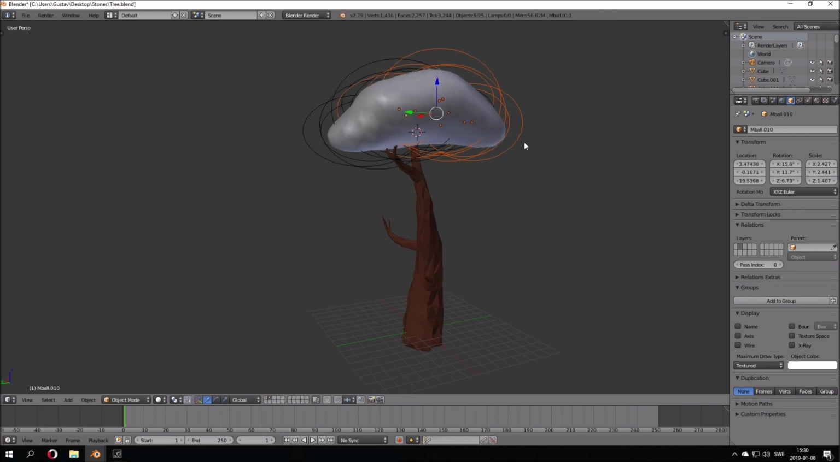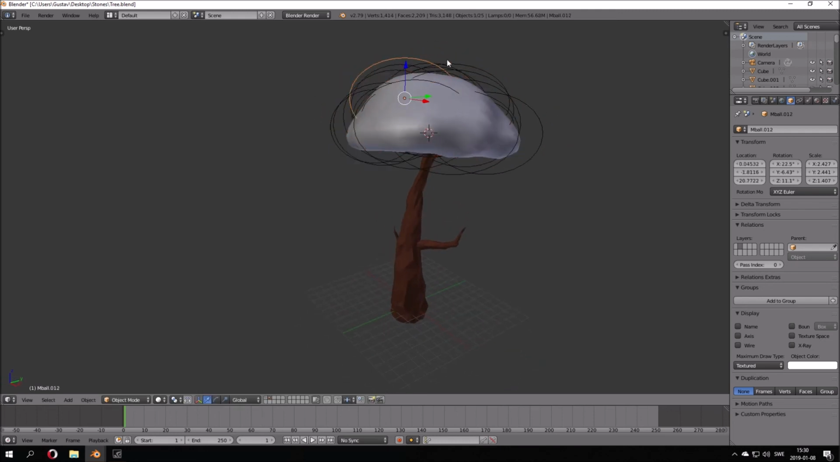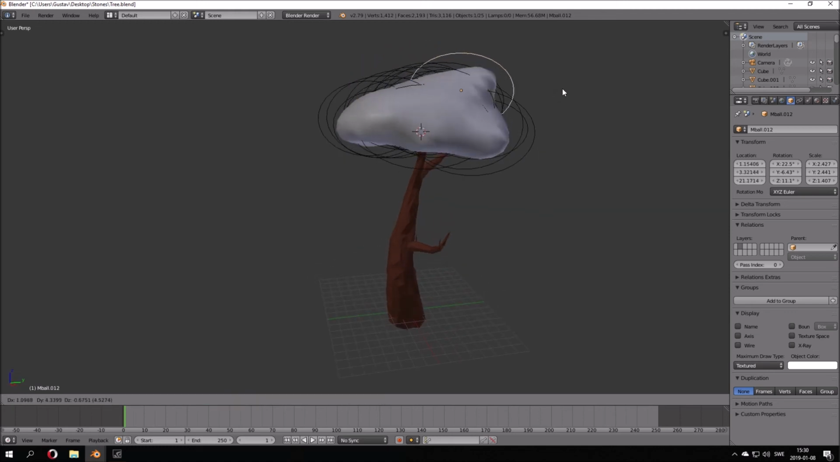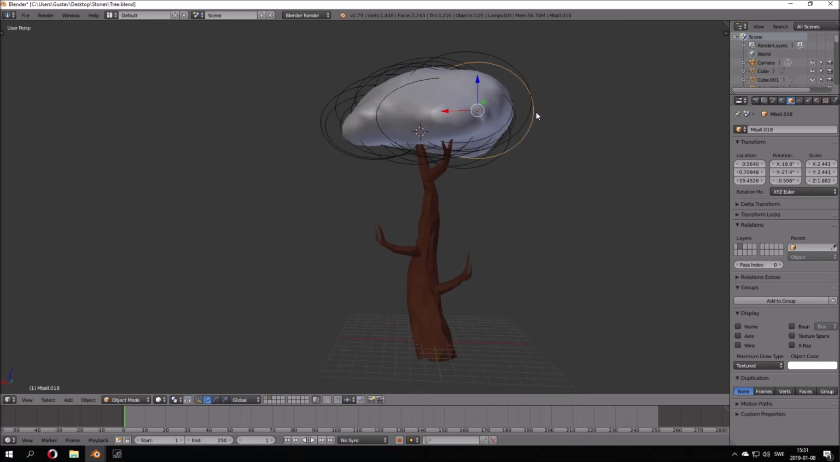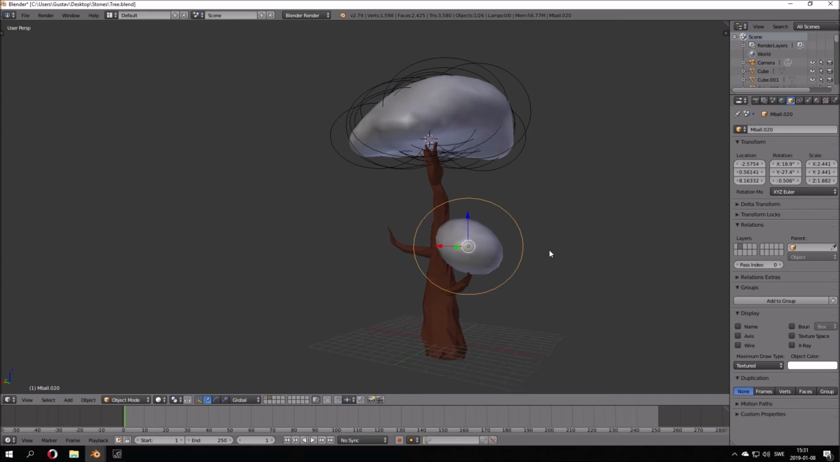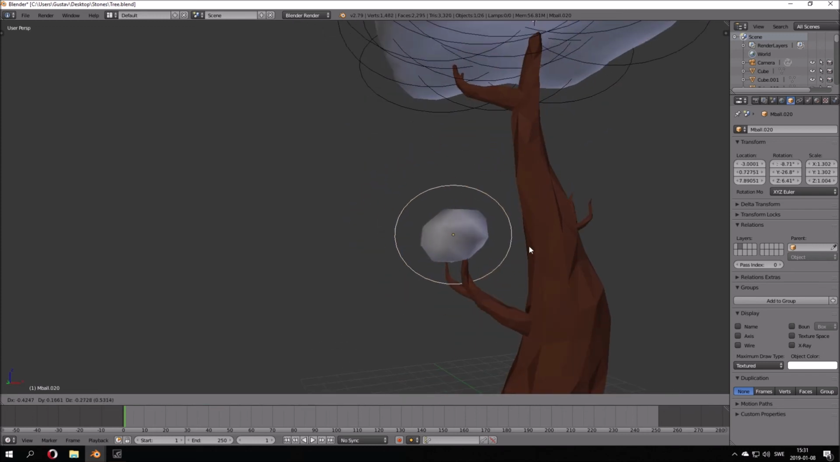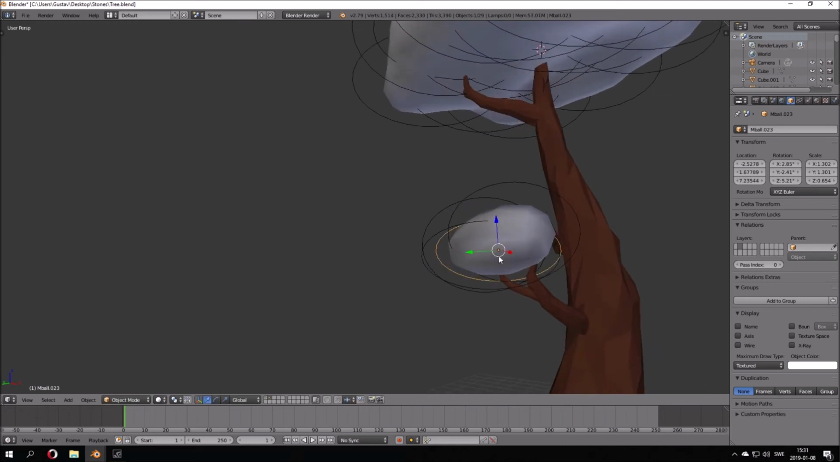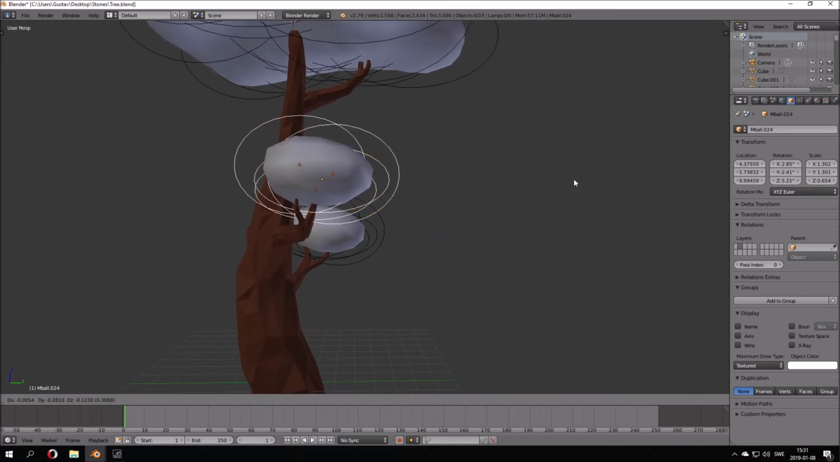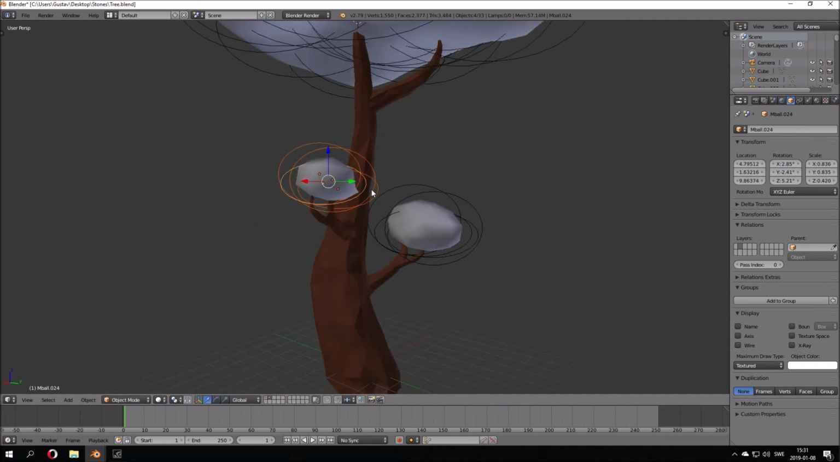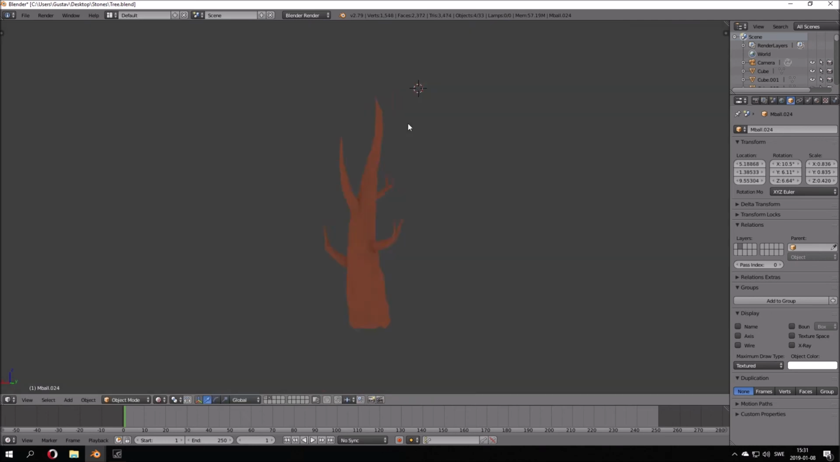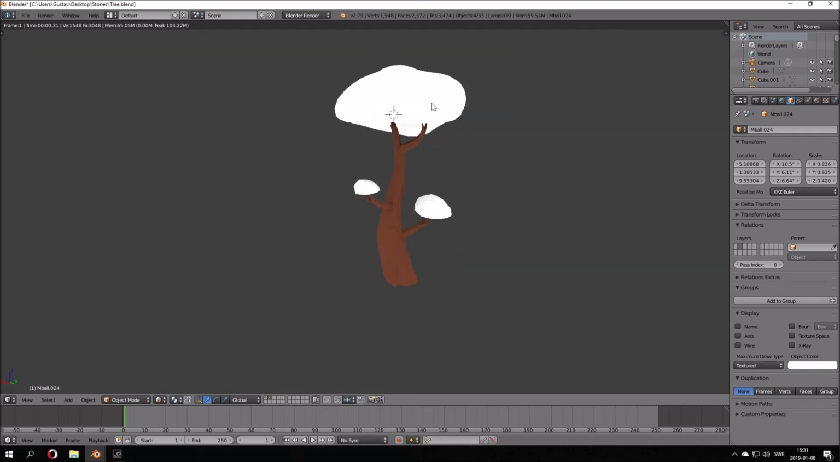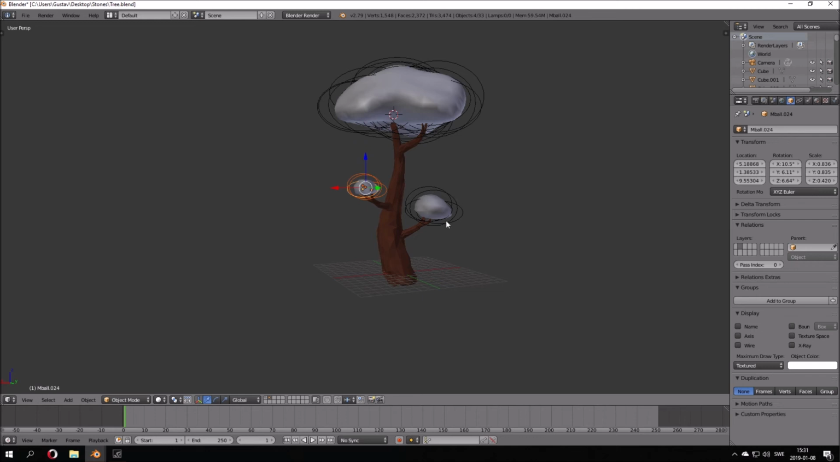It doesn't really matter how many metaballs you use. It can be more difficult or easier for you if you use more, because this will become one mesh later on, so it doesn't matter. Just like that. I think we're happy with that. So now we're just gonna